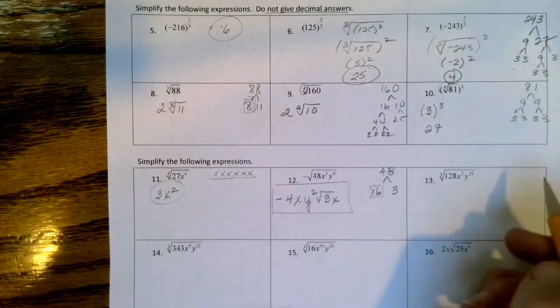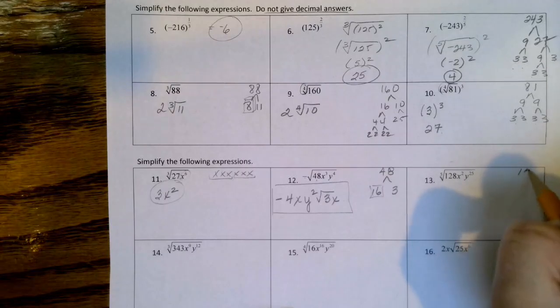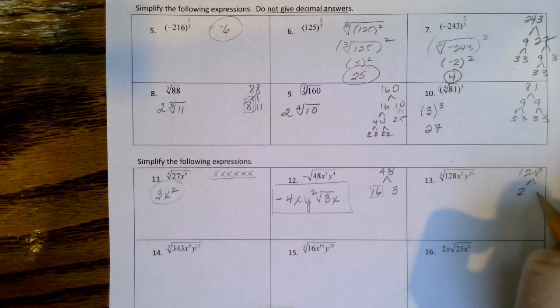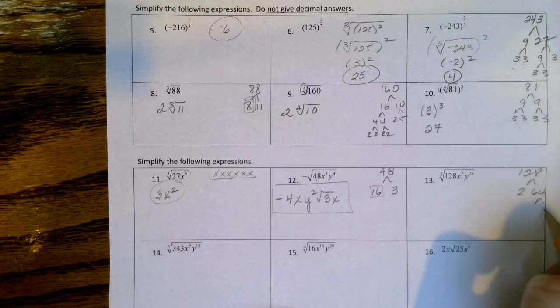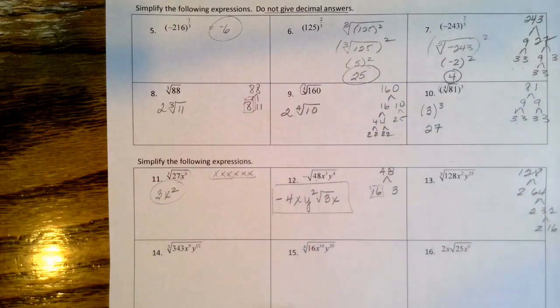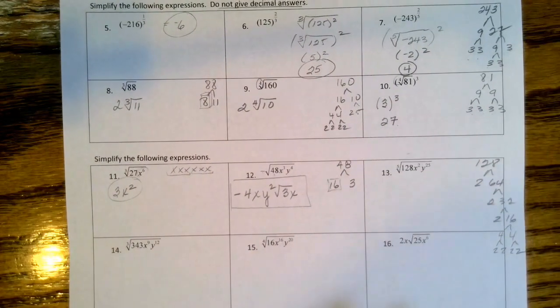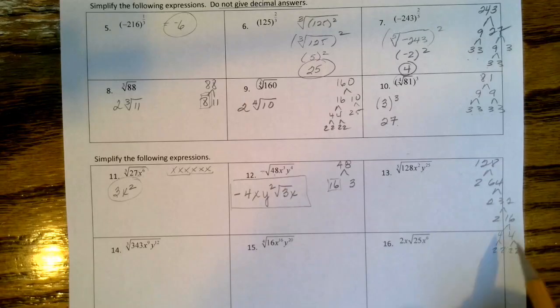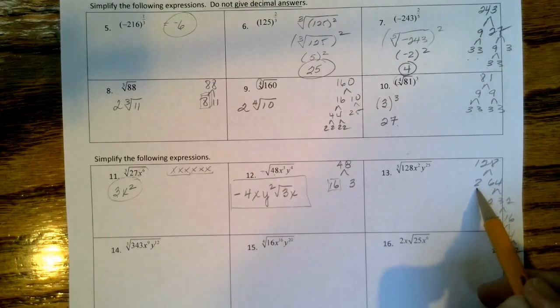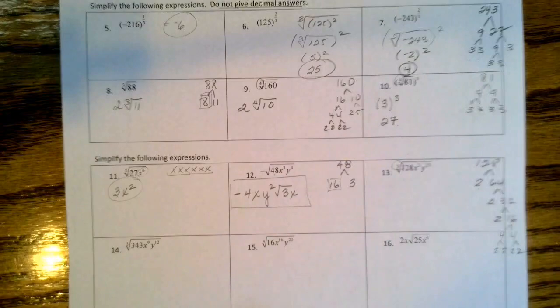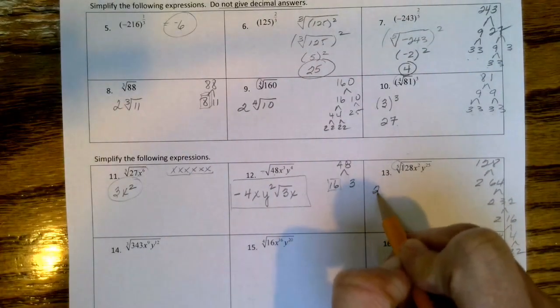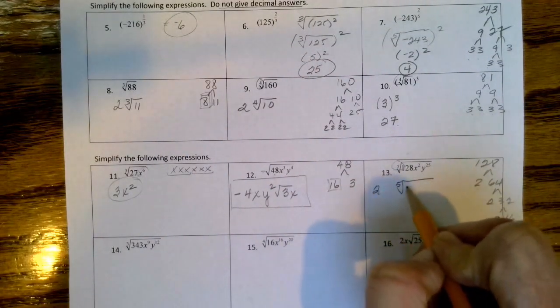My 5th root of 128. So when I go ahead and I think about 128, that's 2 and 64. And that's 2 and 32. And that's 2 and 16. If I'm looking for factors of 2, 4 and 4 gives me that many more of them. So I have 1, 2, 3, 4, 5, 6, 7 factors of 2. I only need 5. So 2 comes out, and those 2 factors of 2